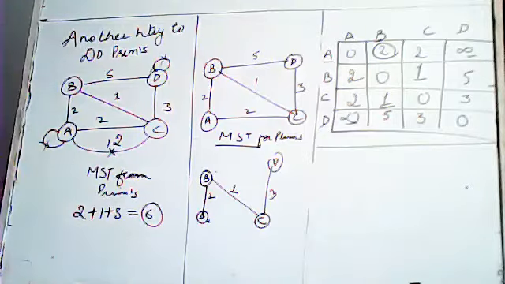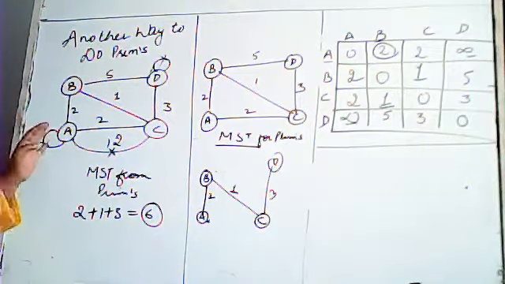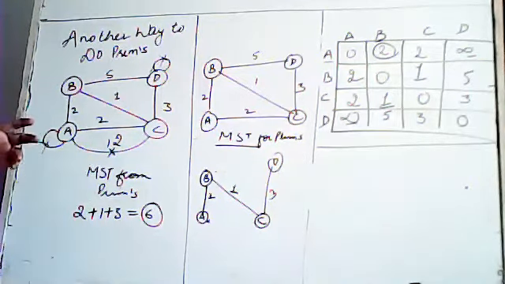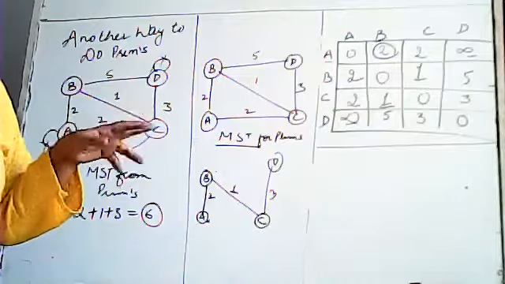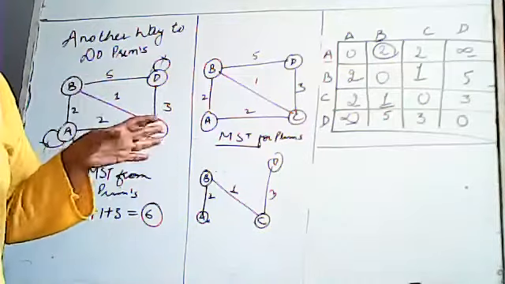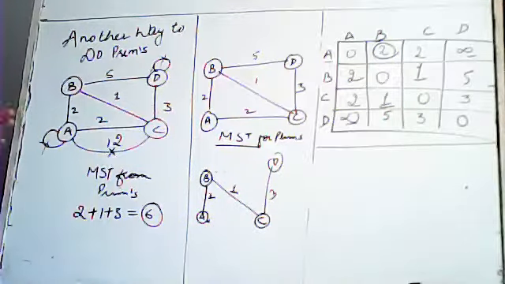Fine. Here you have considered the edges from this kind of table where you are taking the vertices on row and column, and you are drawing the weights between the two vertices. Fine. So this is another technique. Okay. Is this clear? If it is clear, please raise your hand so that we can move further.